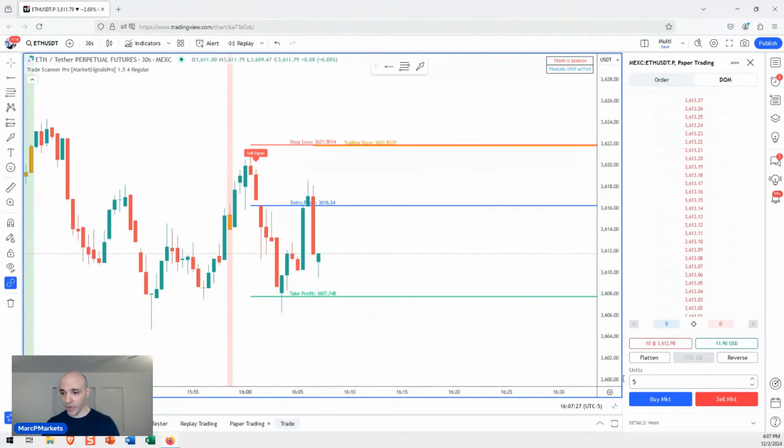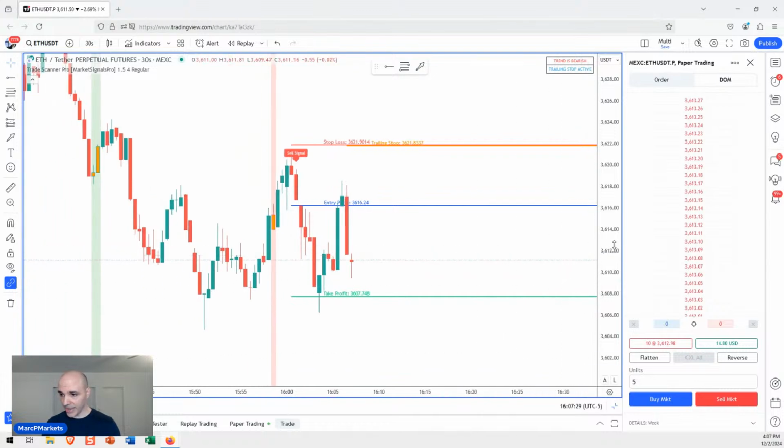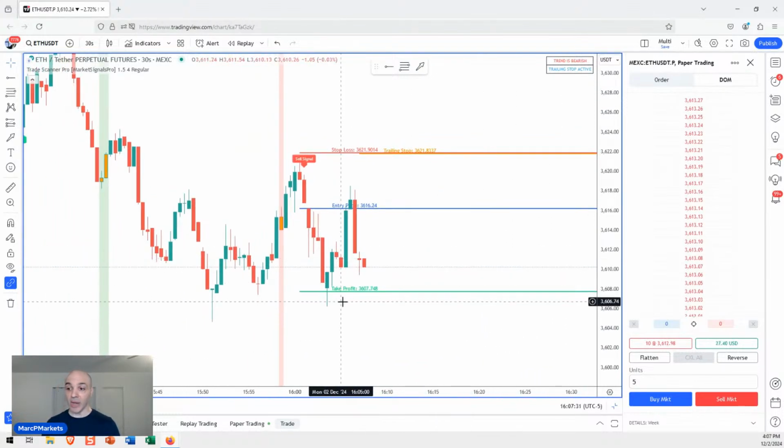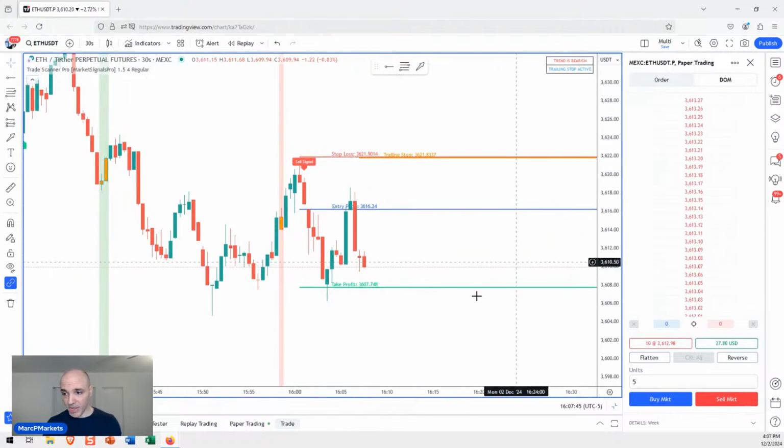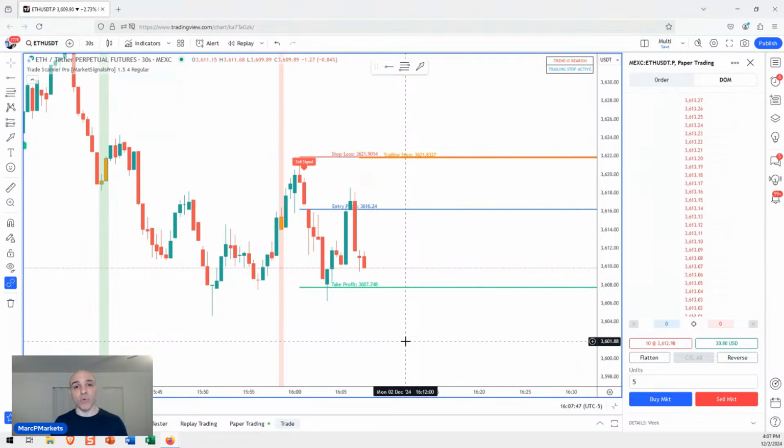So let's see if this bearish momentum can stick and get me back to that profit objective. Now, what I'd like to see, but again, it's up to the market, because realize I'm not making any forecasts anymore. Right now, it's up to the market. I've made my decision to work on the short side, but I don't know how far this is going to go. It's going to do whatever it wants.